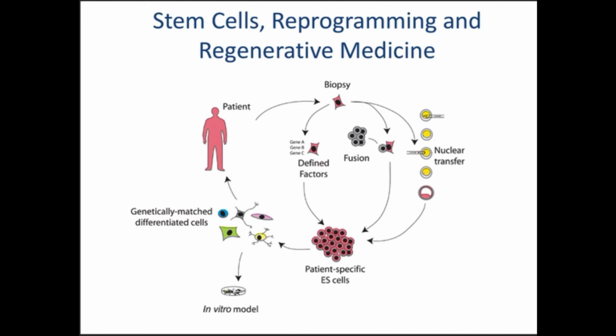Of course, when we entered the fray, all of this was still quite messy. It was conceptually true that you might be able to do this, but it was far from easy. And in fact, the way in which we first conceived of it through nuclear transfer turned out to be the longest path to success. Our contribution was that we were the first to show that if you took a pluripotent cell and fused it to a somatic cell, you could actually get something at the end that thought it was a pluripotent cell. The only problem was it had the nuclei or the genetic material from both cells, so that was a mistake. But what it taught us was that there was everything you needed in a pluripotent cell to become a pluripotent cell.